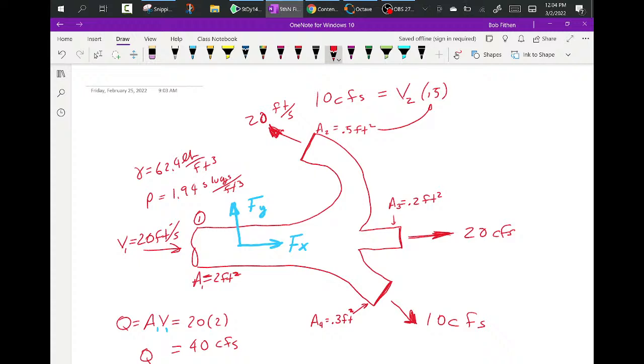So let's look down here, move it to the side. Let's say 20 is equal to V3 times 0.2, so V3 would be 20 divided by 0.2, which is 10 feet per second. Okay, let's